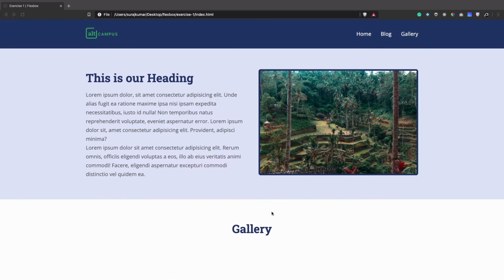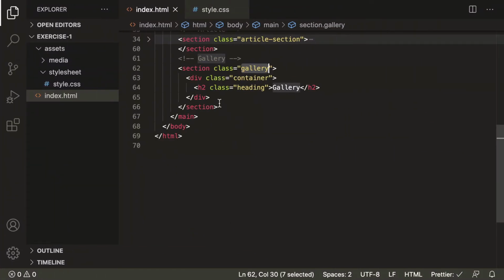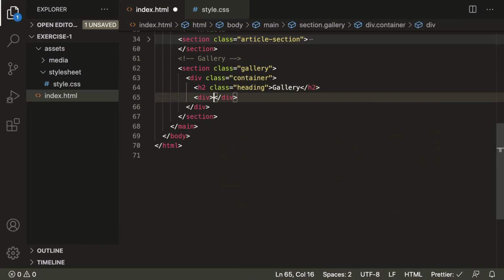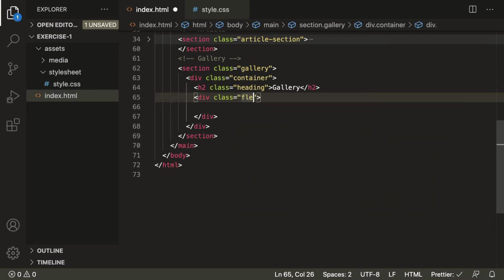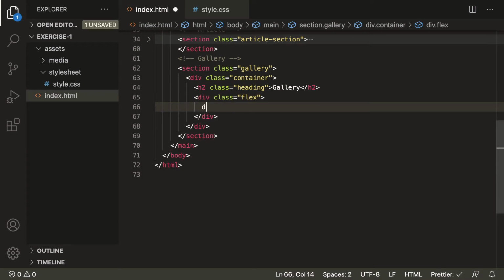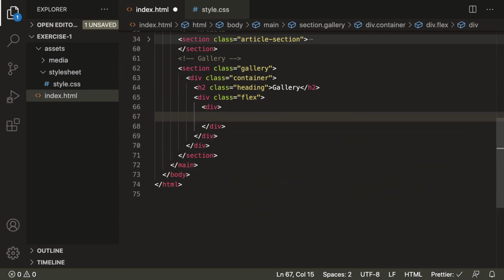Here we have our gallery now. So after the gallery we need 2 rows. So let's go here. After the container, let's apply a div. Inside the div, so this div will be working as a flex container. So let's apply the flex class that we have already used. So inside, let's take 1 column. Inside the first column, let's take our first image, assets,